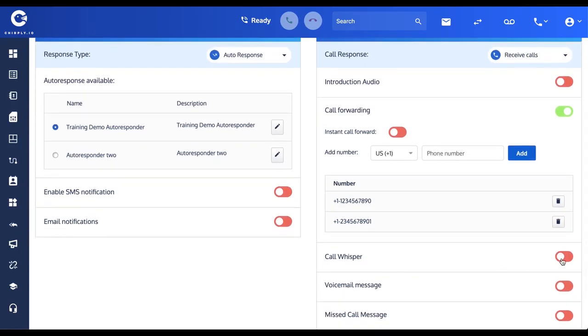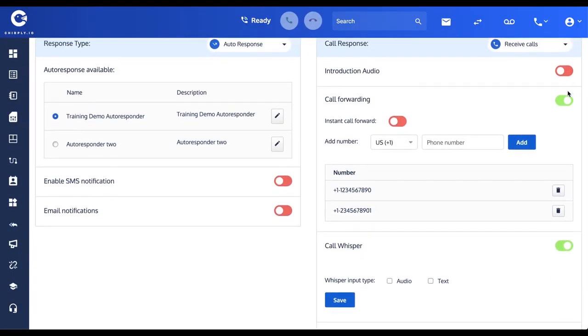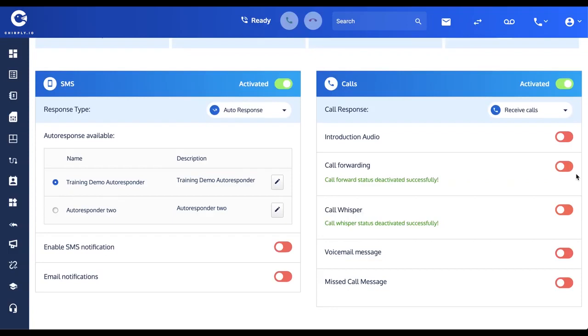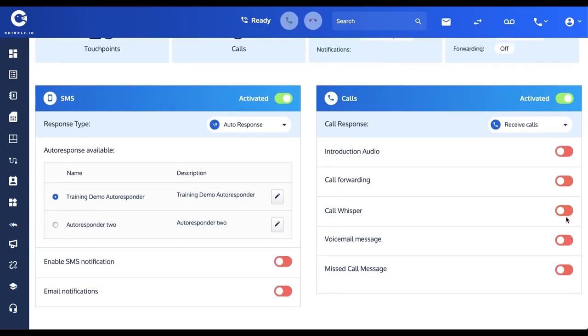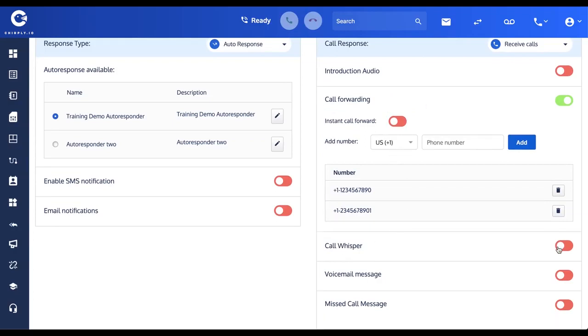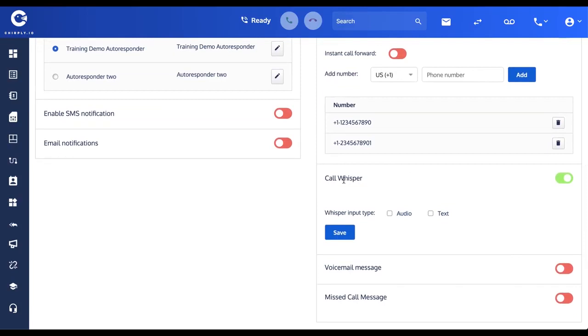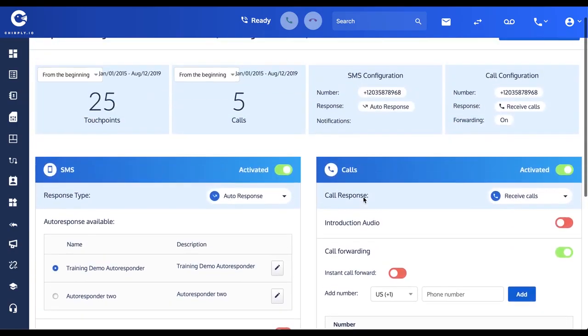The next option, call whisper, is only to be used when you are using call forwarding. So I'll put it on there now, and you'll notice if I shut off call forwarding, that call whisper is also deactivated at the same time, because a prerequisite for using call whisper is that you have to have call forwarding on. But what a call whisper does is it announces to your sales team, to your employees, your agents, whatever you want to call them,